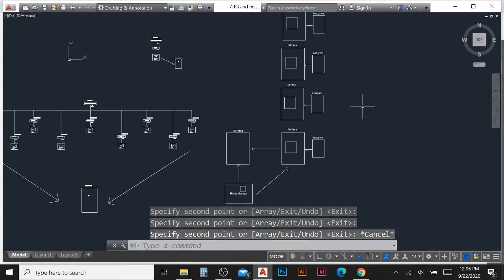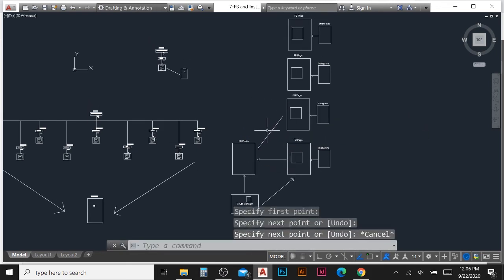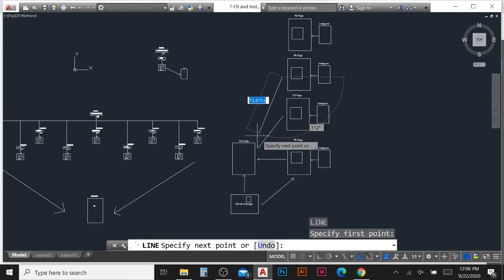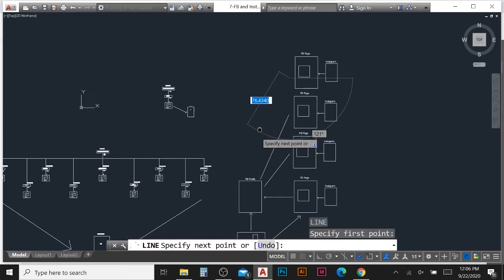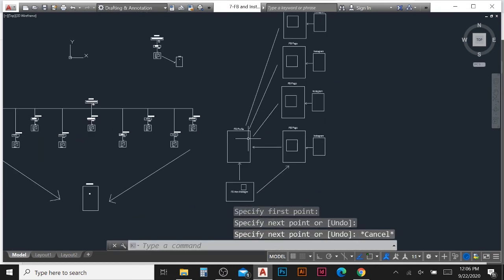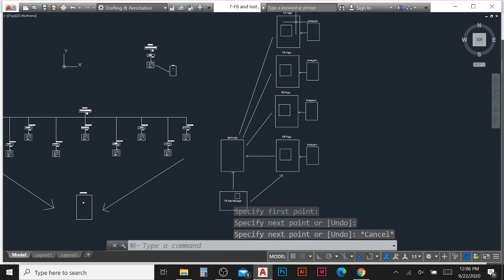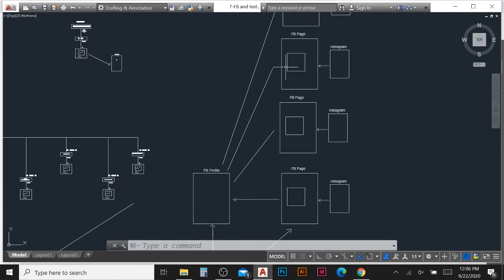So if you are working for more clients, they can assign their business pages to your profile. So all these pages will be in your profile. So you can manage, you can post on any of these pages, and also you can do the advertisement for all these different pages.